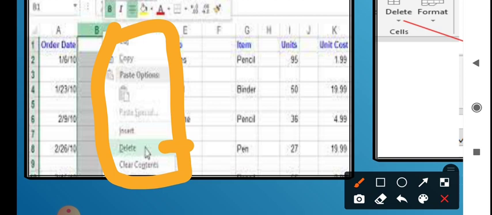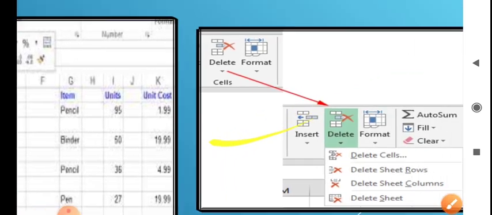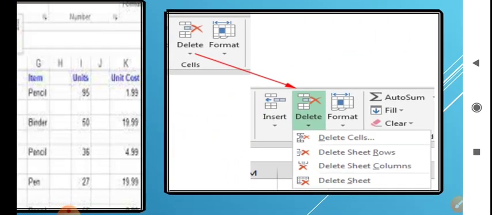Or next thing, select whichever cells you want to delete, go to the Cells group, and there you will get a Delete option. After that you will get a dialog box: Delete Cells, Delete Sheet Rows, Delete Sheet Columns, and Delete Sheet. You choose Delete Cells if you want to delete only one particular cell.